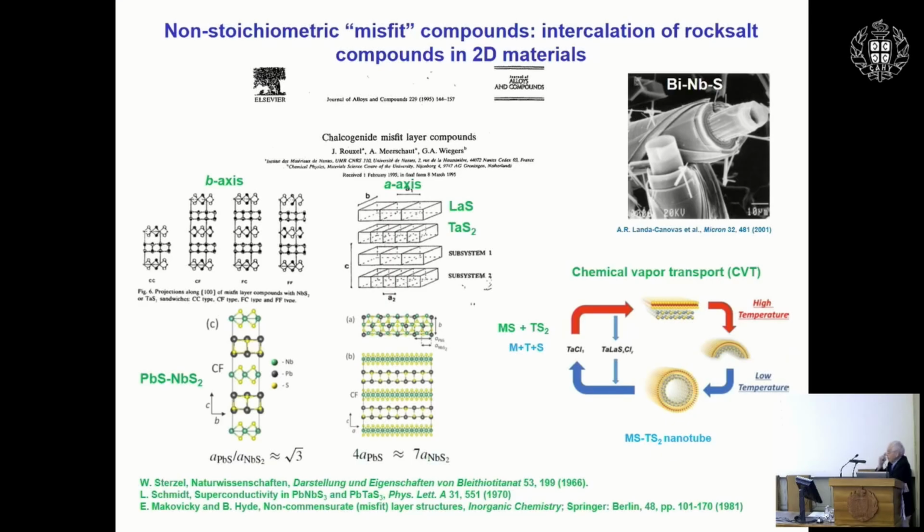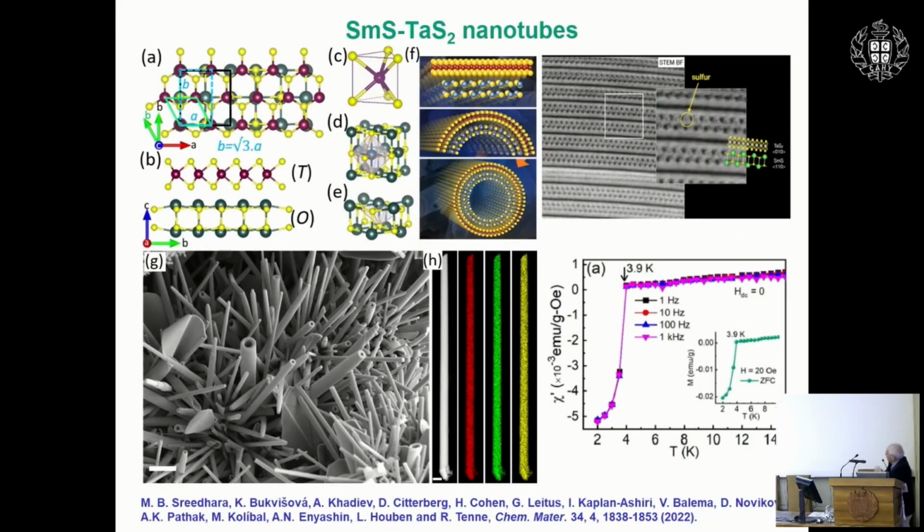and the edges and healing of the edges due to this nano effect, you get beautiful nanotubes using a high temperature CVT process. I won't go into the details of this process. You use a catalyzed tantalum chloride and you move this misfit compound from the hot zone to the cold zone, and you get nanotubes. We got close to 100 kinds of nanotubes from misfit compounds, and you can see them, how beautiful they are, long, uniform, using EDS mapping.